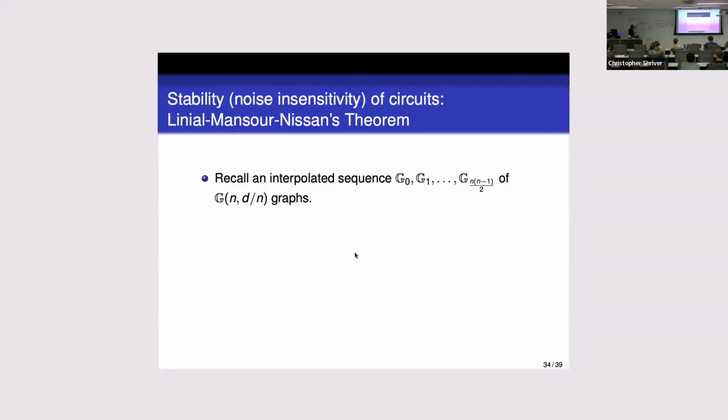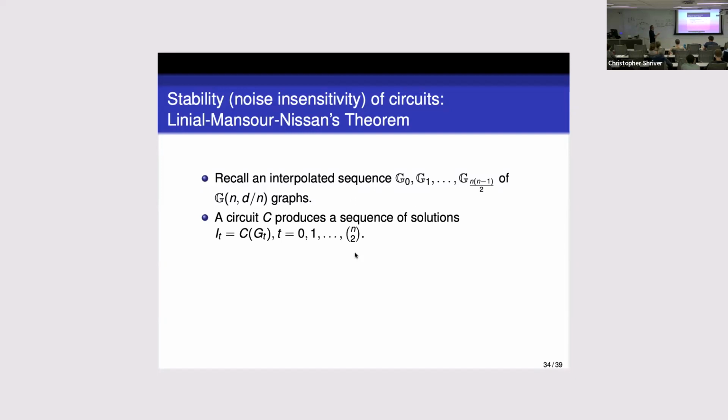What it translates to in this picture, with a little bit of work, is saying that in expectation, all of these jumps are small. In expectation. But that's not good enough, because it suffices to have one exception and we fail, because there are n choose two steps. Maybe all but one were small and one is large. That's consistent with the expectation bound. So that by itself does not work. Nevertheless, let's see what this leads to.